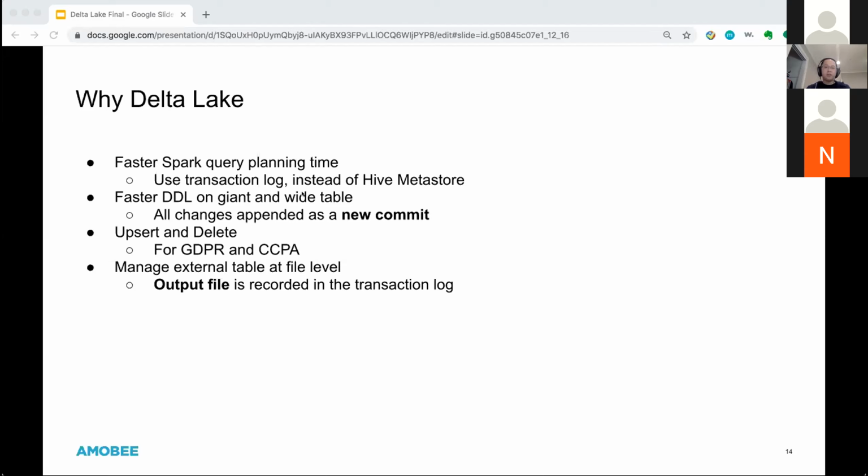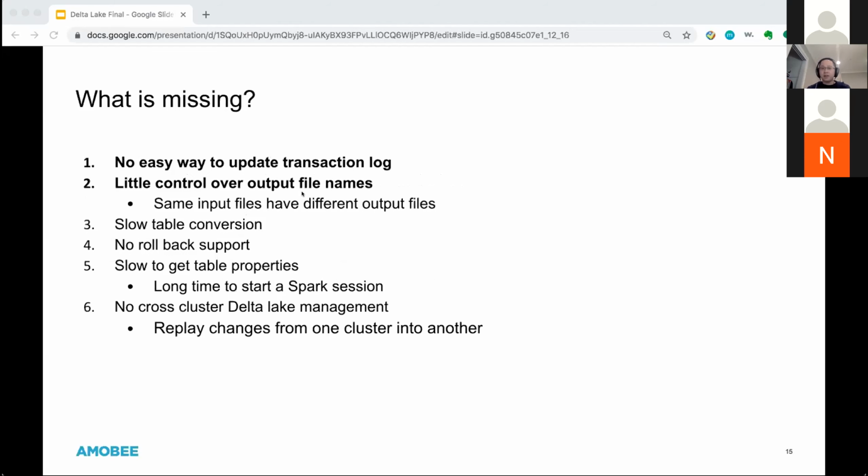All the features brought by Delta Lake can solve our problems. However, when we tried to use Delta Lake in production, we found some gaps. So what is missing? The first thing is there's no easy way to update the transaction log. Hive offers a pretty comprehensive API to get the schema from an existing table, which makes it very easy to run a DDL when required.